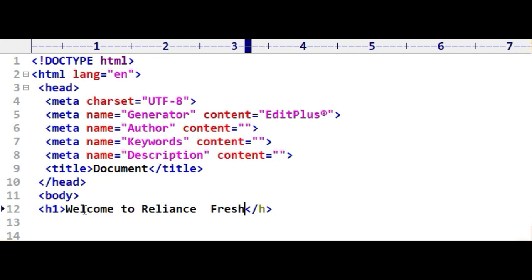We have to include this text in bold letters, and we want this text to be in the center. So we use one more tag, that is the center tag, and we have to close it also.